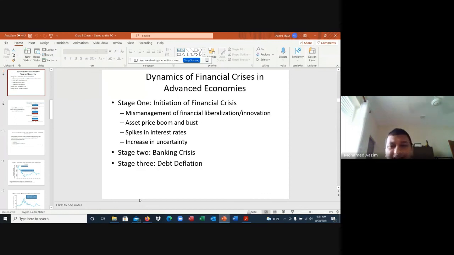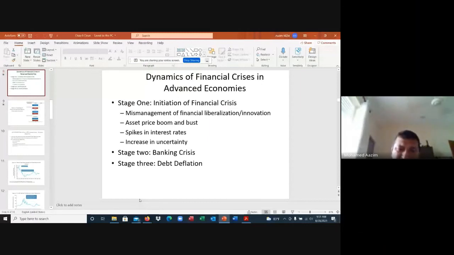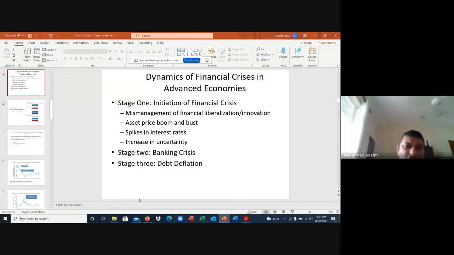And then the uncertainty, which created uncertainty about the direction in which asset prices were moving, contributed to a different perspective on the direction US asset prices were behaving, and the subprime market segment started feeling the shock of